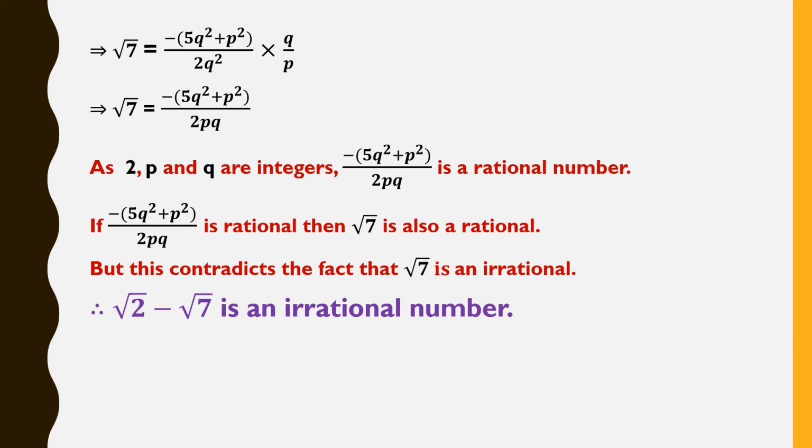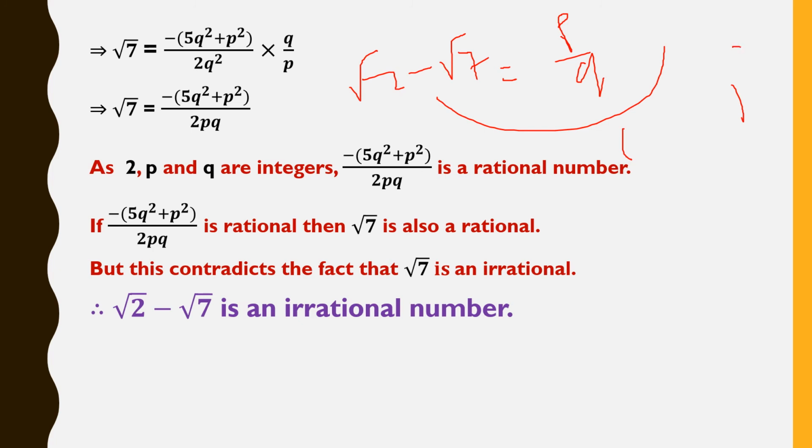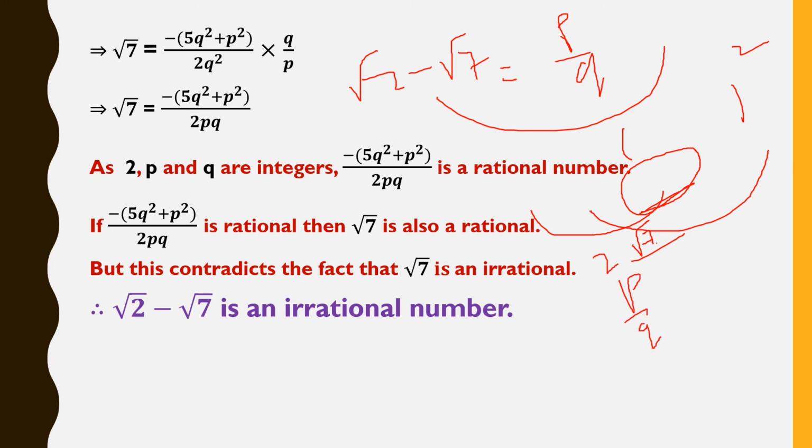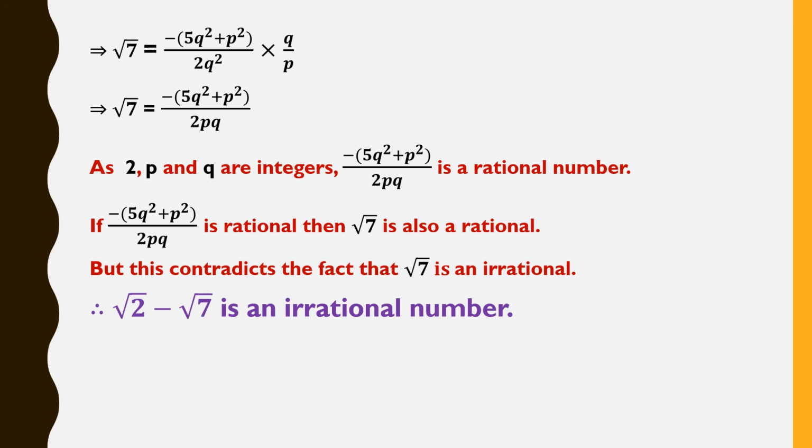Okay, simple. First take it as equal to p by q, send whatever minus symbol is there, root 2 minus root 7, suppose I took the same question. Here whatever minus symbol is there, send it to the other side and do squaring on both sides. Only the 2ab term will have the root form. Put it on one side. If it is minus symbol, send it to the left side, send the other things to the right side. Put it in plus symbol, next send 1 by 1, send 2 and next send p by q. Okay, so let us go to the next problem of the same type.